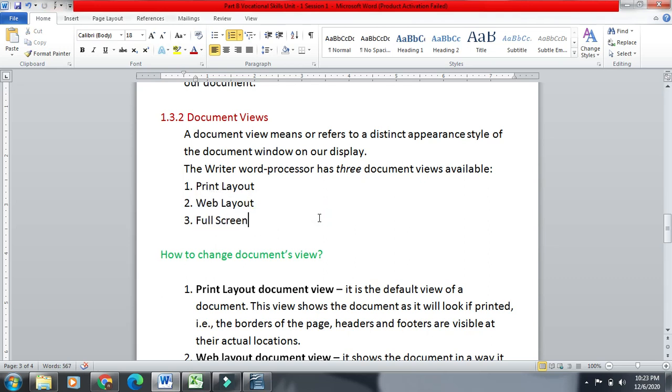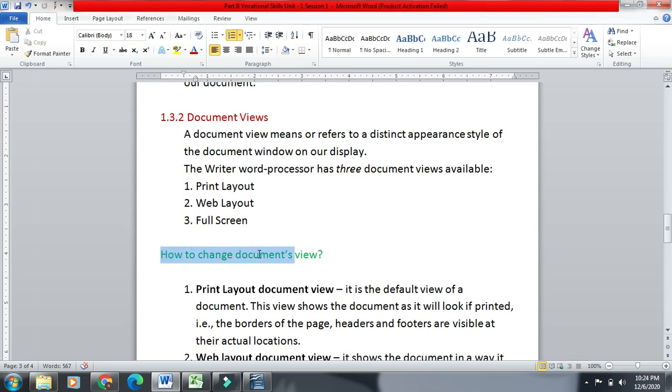Now the question comes, how we can change the document view.